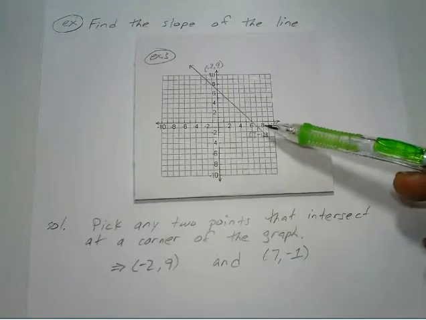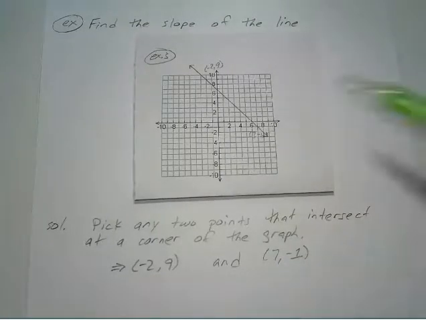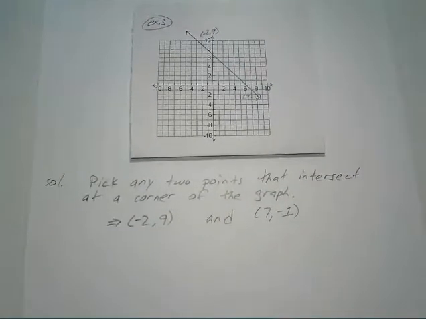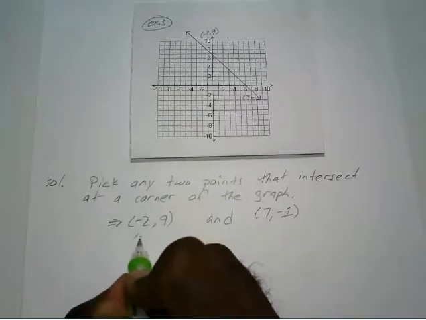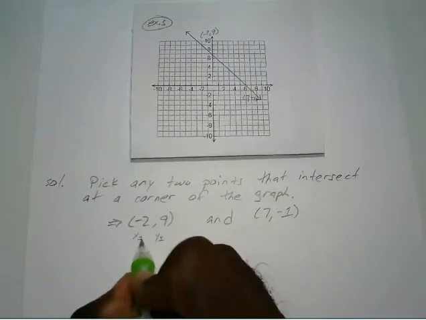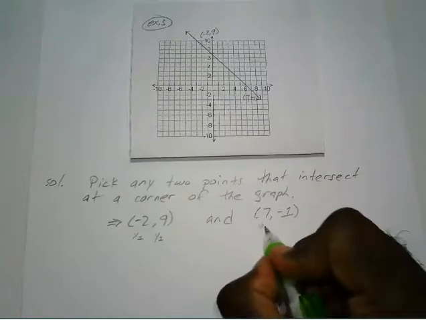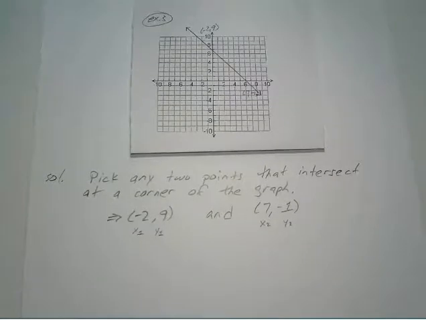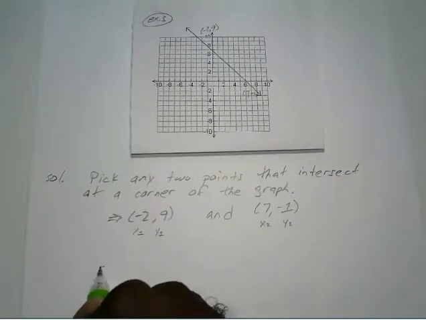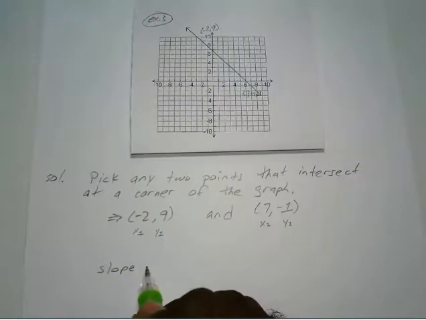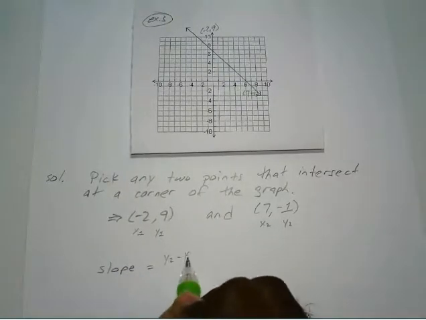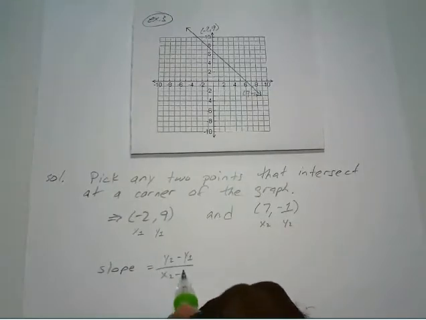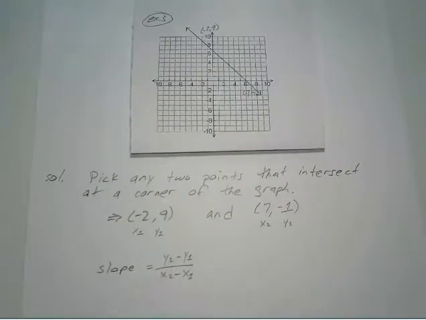Once you find your 2 points, you just apply the same formula that we did before. Okay, so we move that up. So we make this our x1, y1. And we make this our x2, y2. And we plug it right into our formula. Okay, so the slope is equal to y2 minus y1 over x2 minus x1. Remember, your y values always go on top, and it just has to be in order. The second minus the first, second minus the first,